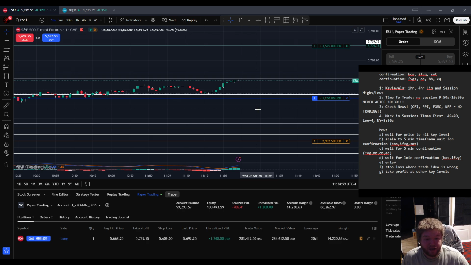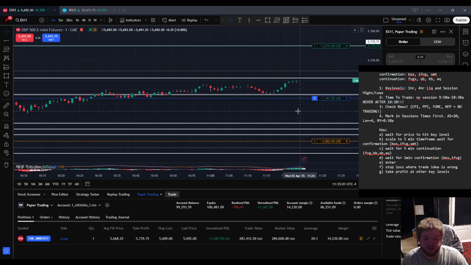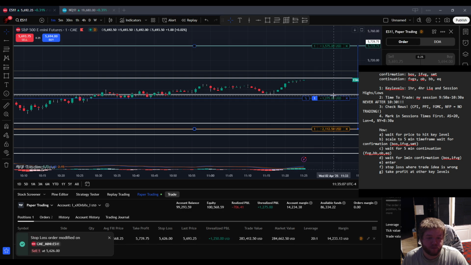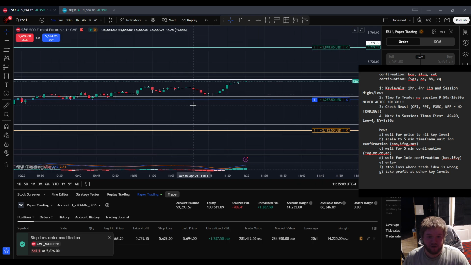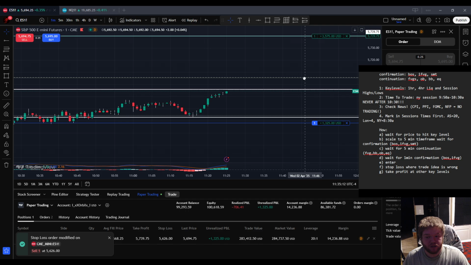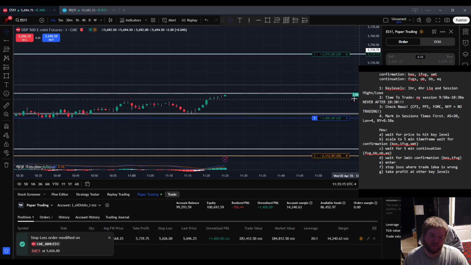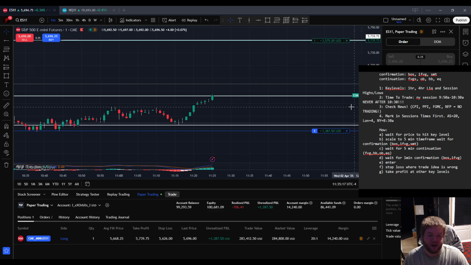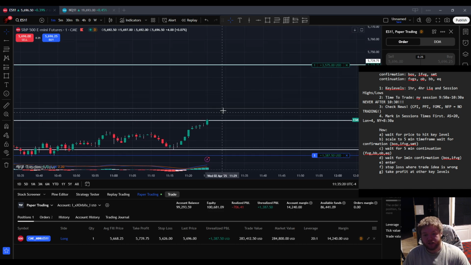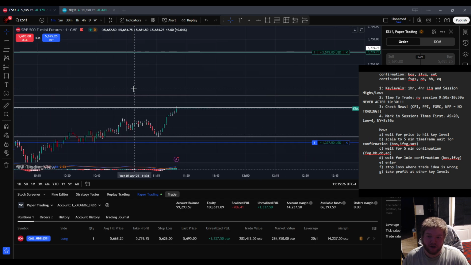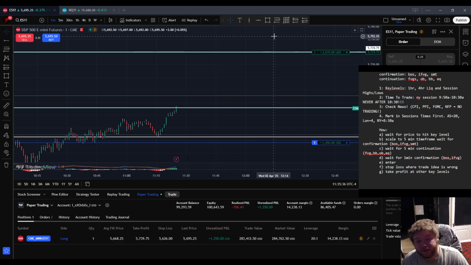With that being said, I kind of want to move this up to this right here. That looks a little bit more manageable. Still rough. We're just waiting. That's all we're doing. We want to see it come past this gray line here. This gray line is the open of the fair value gap over to the left on the higher time frame. We want it to close above this. We want it to continue higher up into this. Do I think it's going to continue higher up into this? I don't think so. If it does, yay. If not,